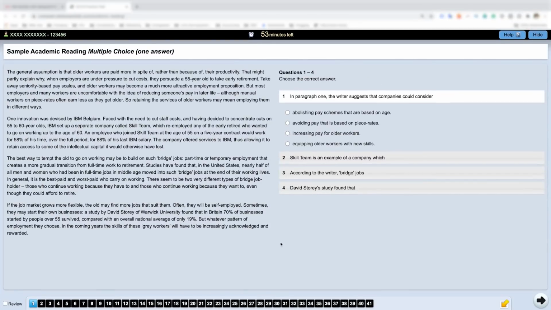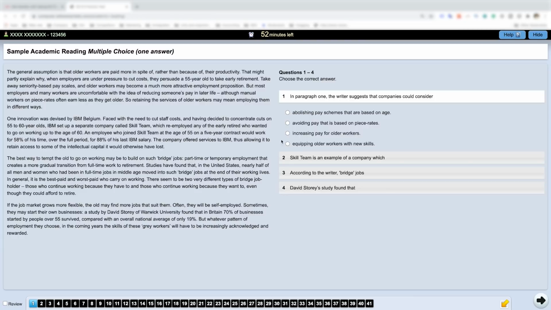What I like about the computer-based test is that you see the passage on the left and your questions on the right, so you don't need to turn pages. But there are some differences between this platform and the real one. The first difference is that here you only see some paragraphs, but in the real test, you will see the whole passage here and you'll be able to scroll it up and down. And of course, there are 41 questions here, but you're going to have 40 questions. This is an academic practice test. There is one for general training students too.